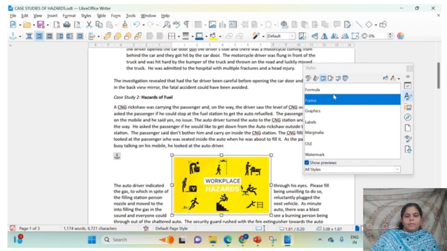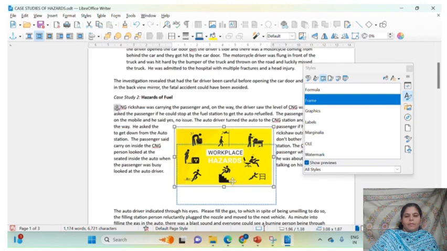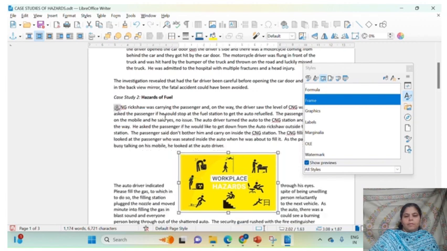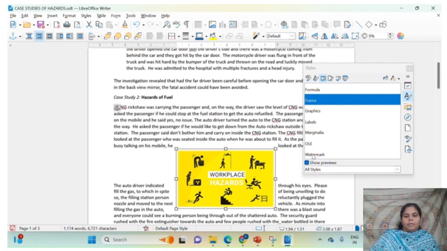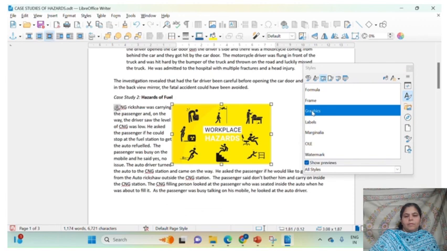So what is happening, once I select the frame style, it will be displaying the entire image as a particular single frame. So this will be the frame that will be applicable to the image only, and the text will move around this particular frame. Similarly, I can apply other frame styles that are available. Suppose graphics. This is how it will be placing it as a particular graphic or a picture.